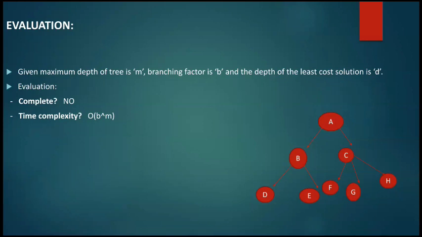Now in BFS we have to store the paths, so from A to B then C. But over here we are going from A to B, then D, then E, then we are backtracking to B, and then we are going to C. But the actual path from A to C is C only. So the actual path over here is from A to C, not A to B, then D, then E. It is directly from A to C.